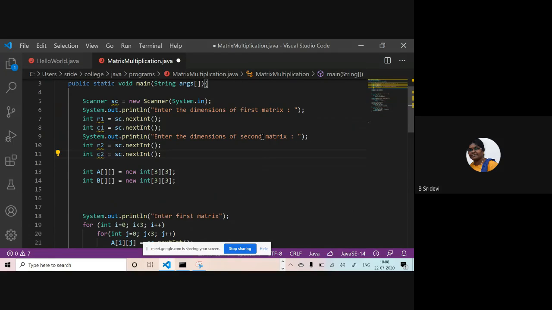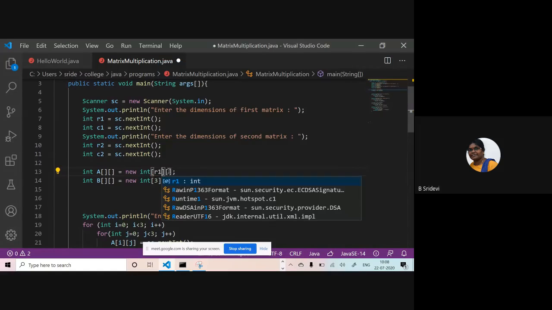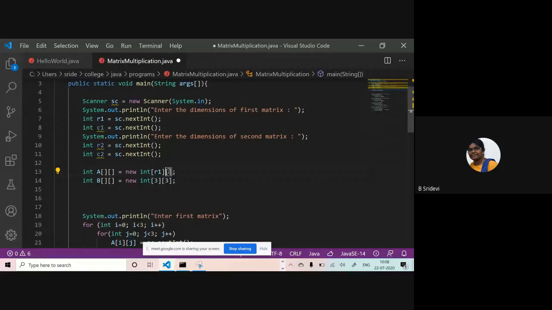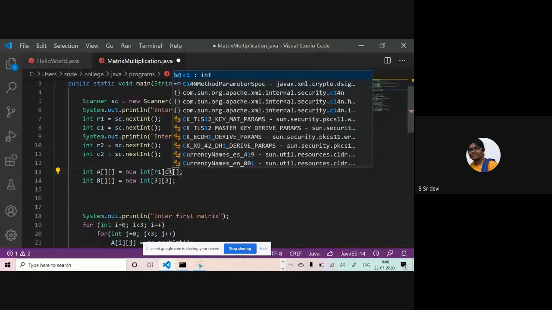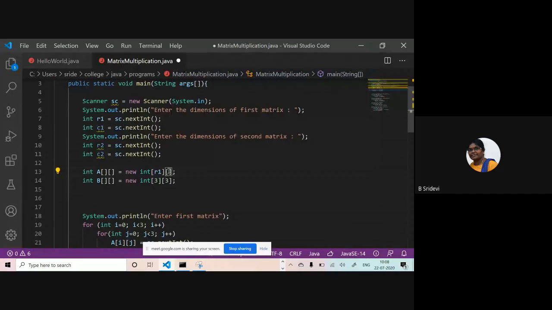Now I want to declare my first matrix. Suppose my R1, C1 are 5, 5. How much memory do I have to allocate here? 5 cross 5, right? So first memory, I need R1 rows. And C1. See, before using this R1, C1, you should read them.